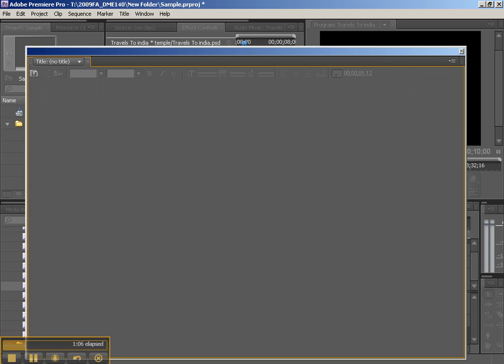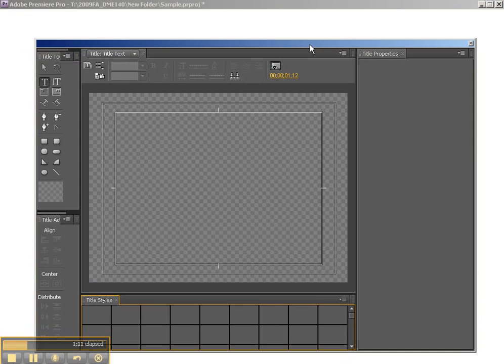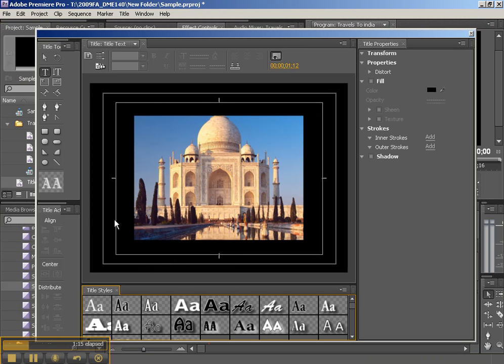And inside this title, you can actually do a little graphic design. Now, one thing about the title tool that you need to be aware of is that you don't have the ability to view these titles as individual layers or anything. So if you want to do layered files where you have this box coming in and then that box coming in and this text coming in, they have to be individual titles, which can be kind of a pain. But there are some benefits to it because you've got a lot of the design tools right here